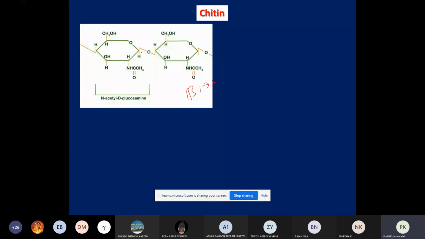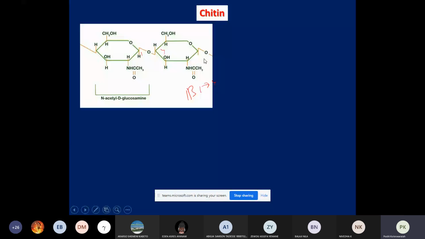This is the first carbon and this is the fourth carbon, and the linkage is a beta 1,4 linkage. It is a linear polymer of N-acetyl glucosamine, not glucose, with beta 1,4 glycosidic bonds, and it is mainly present in the